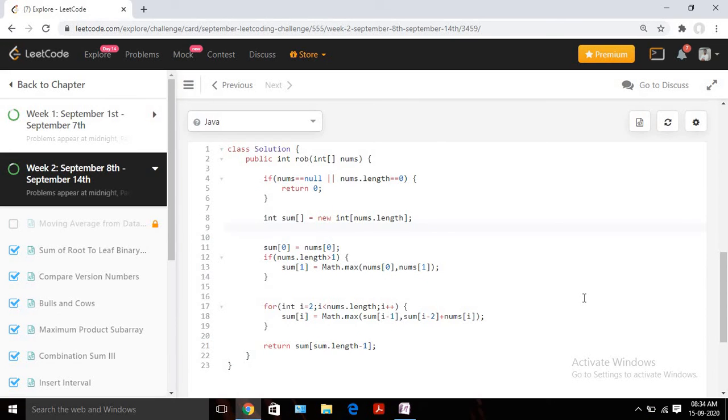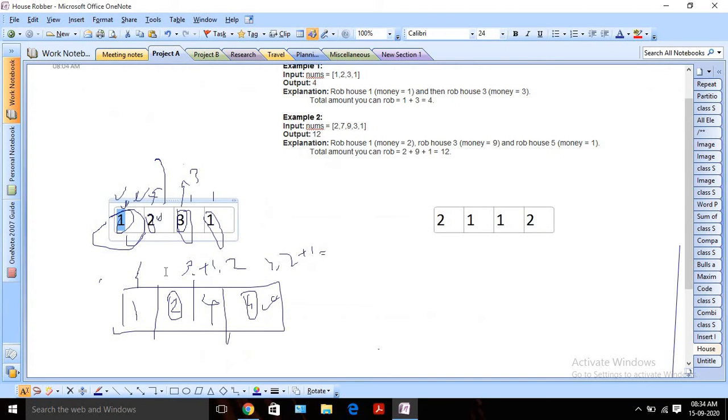Okay, so let's try to analyze the code, and the space and time complexity also here. So why are we saying this is dynamic programming? Because we are calculating the result of that particular subproblem for the particular house, and then we are reusing that subproblem solution to calculate the larger problem, right? For the first house, I know this is my maximum profit. For the second house, I know this is my maximum profit. I don't need to recalculate. For the third house, I can reuse these two solutions. So this approach is known as dynamic programming.